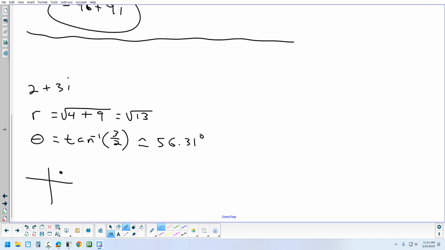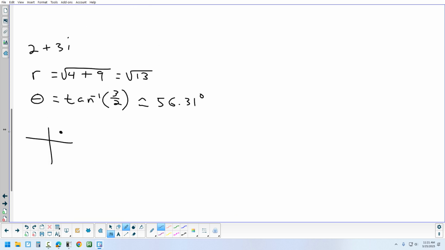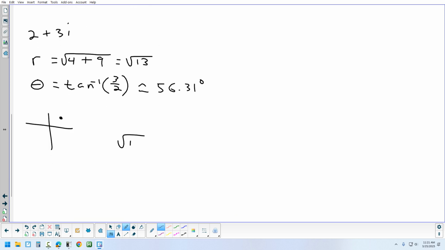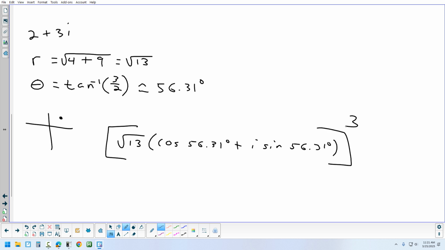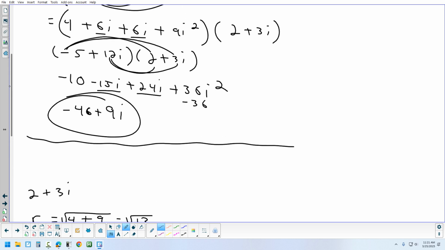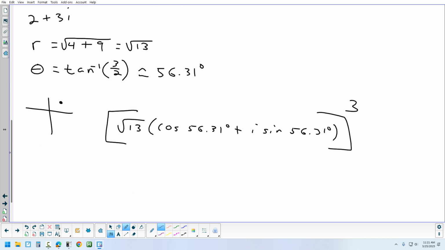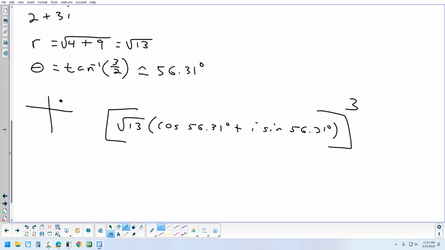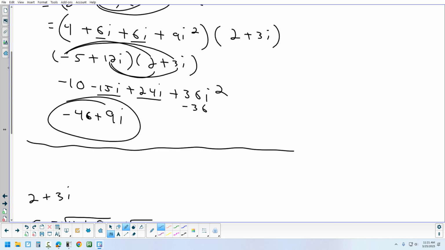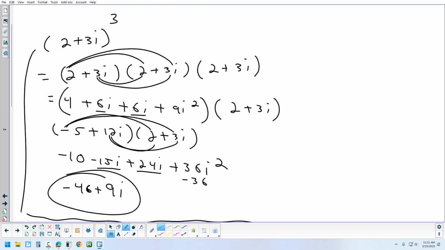All right. Now, here's our number in trig form. r cosine theta plus i sine theta. And we are going to raise that to the 3rd power. And the hope is we get negative 46 plus 9i. Okay. So instead of having to cube it and do out all these steps that we just did here,